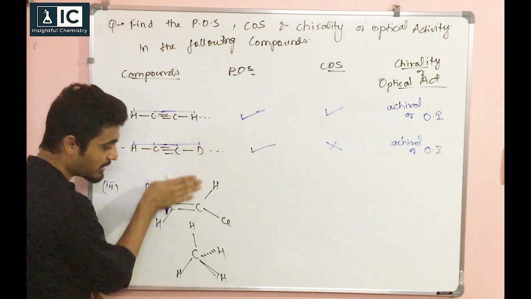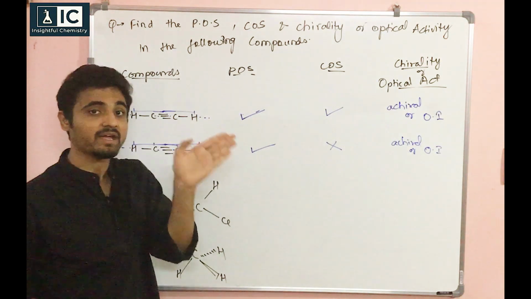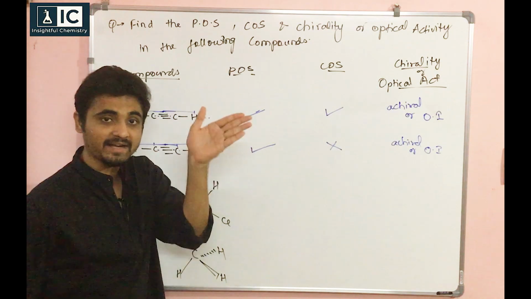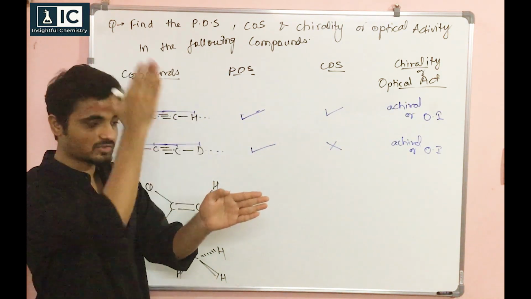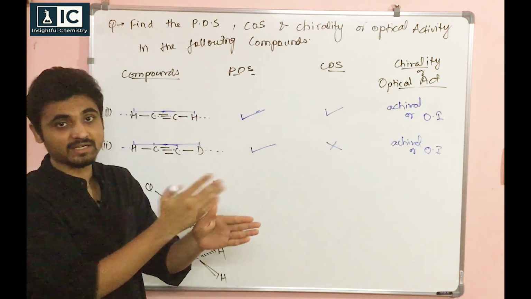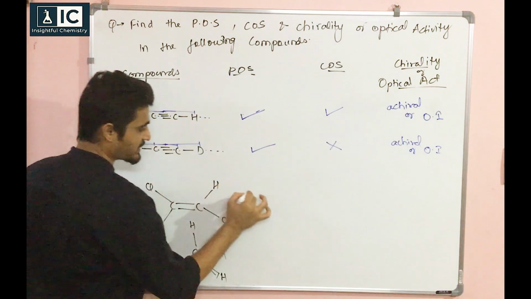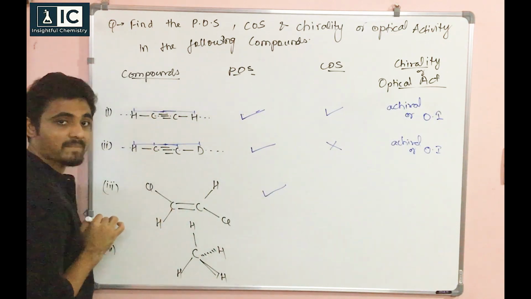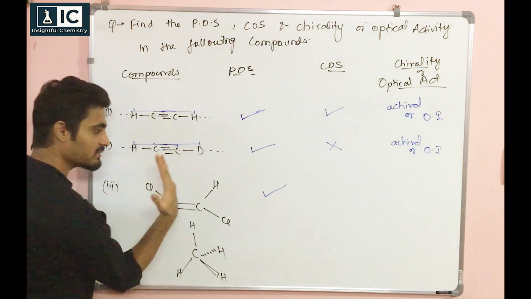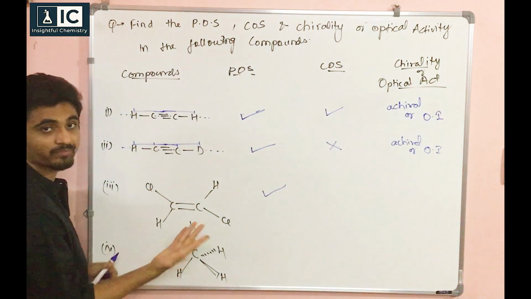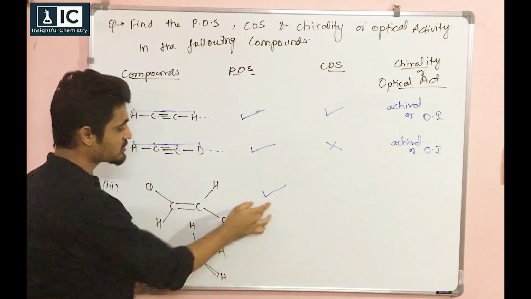So this is a planar compound. Okay, as I showed you, in one plane. And whenever anything is in one plane, I can definitely take that plane and cut it. Understood? Right? So definitely I have one plane through which I can cut, and that is a plane of symmetry. So in this case, there is a plane of symmetry. Okay, can I cut it like this? I have cut it like this. But can I cut in this manner? No. Okay, why? Because in front of Cl I need Cl, but here it will be H. So plane of symmetry is there.